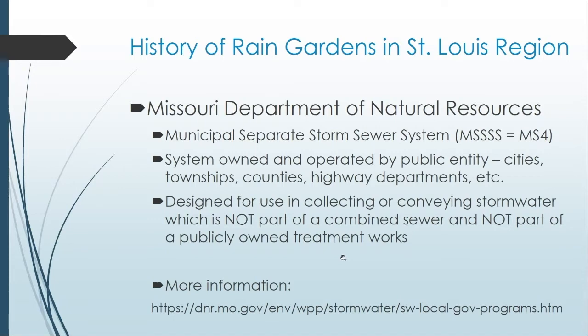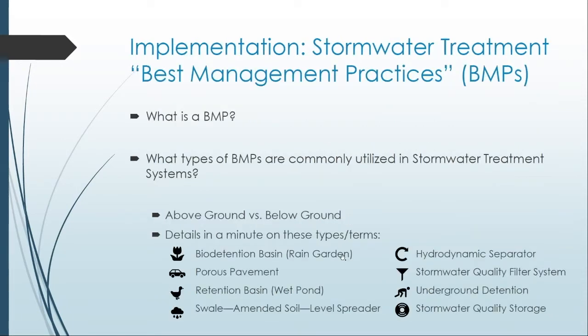So next slide. We're going to cover a little bit of history on BMPs. Hopefully this is a review to most people here, but in case there are new folks or some continuing ed people picking this up for the first time, we're going to cover BMP types. These are post-construction BMPs that we're going to talk about, stormwater treatment best management practices, and then we're going to talk about how they're built, how they're maintained, and where the